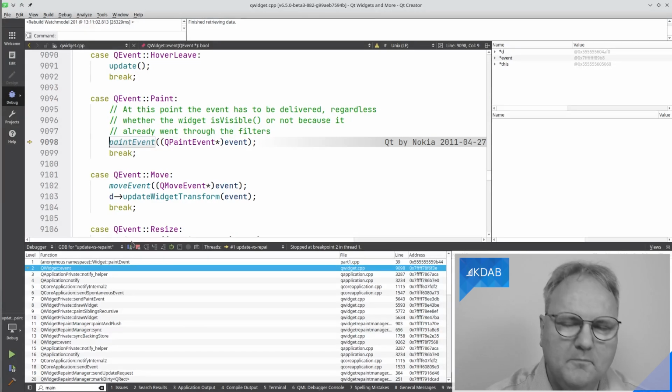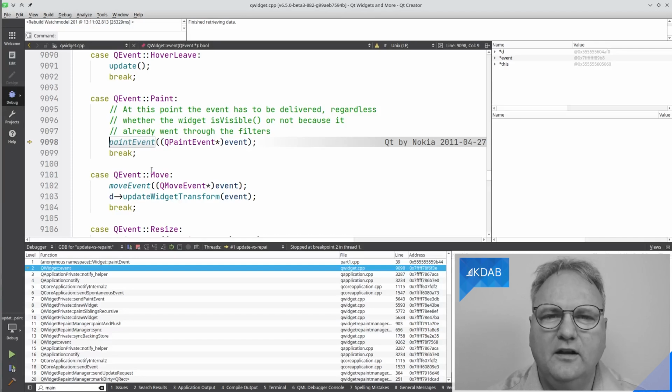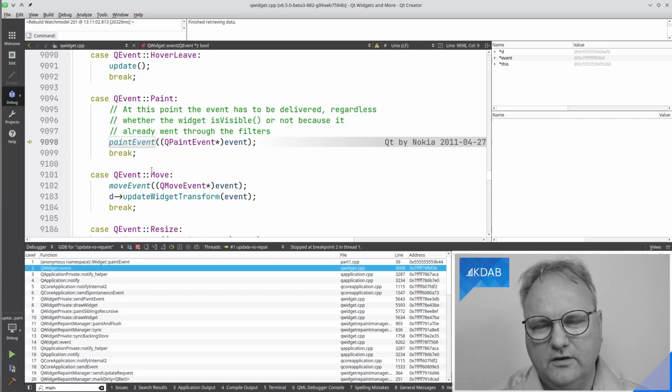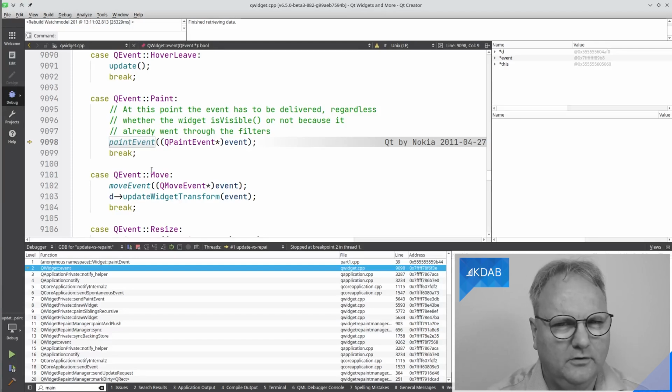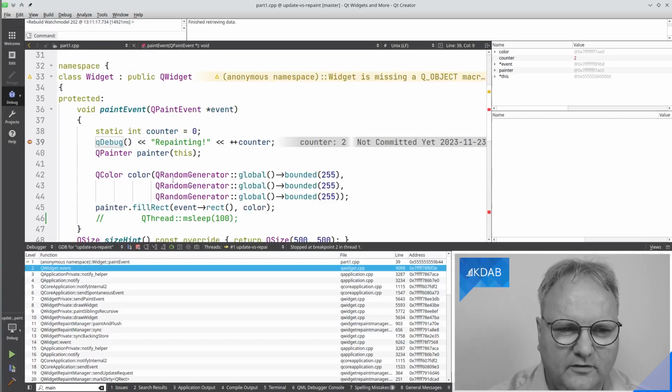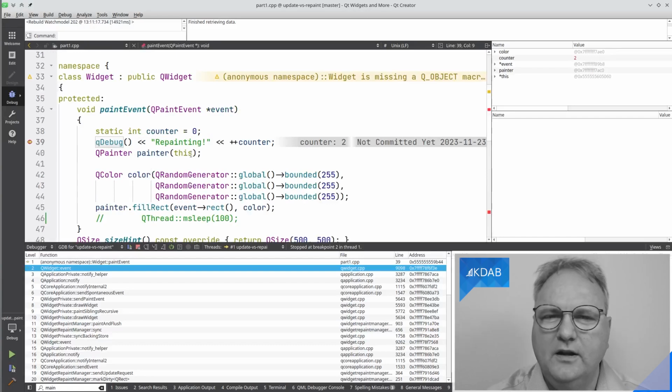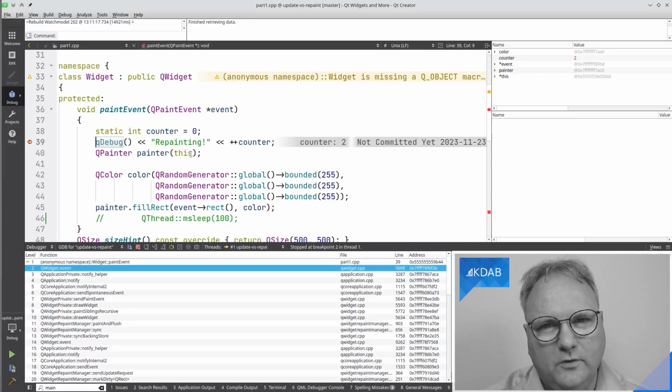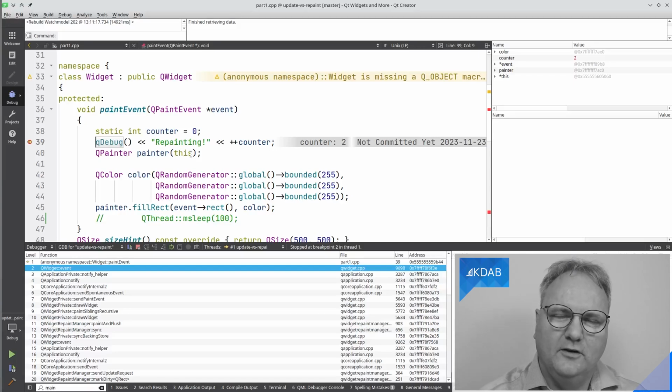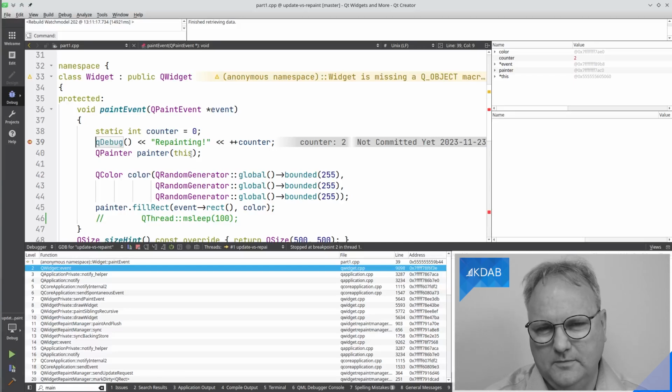That's the way that QWidget is implemented. It calls paint event, which is the virtual method that I overwrite, over whatever this version down here. So calling repaint is really only, through 23 levels of indirection, calling the paint event method.